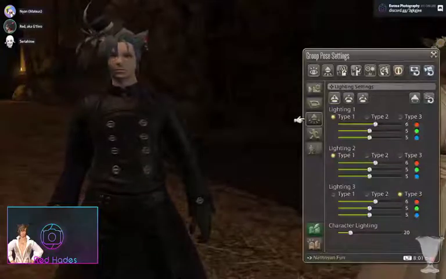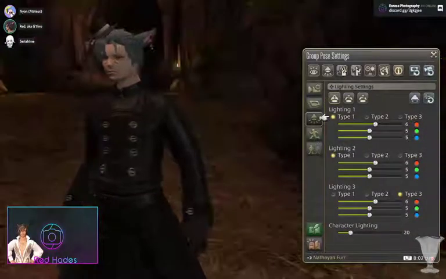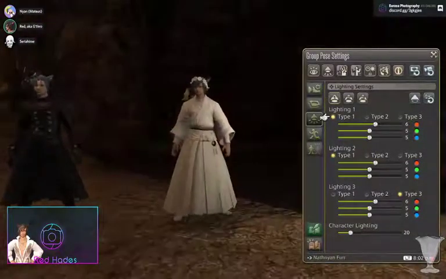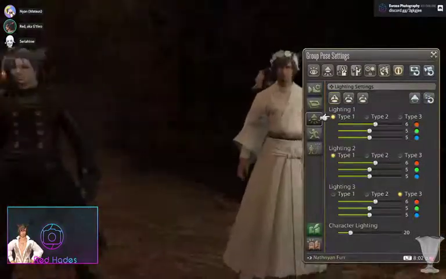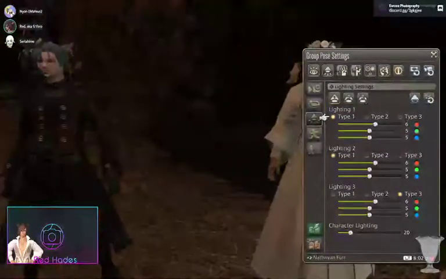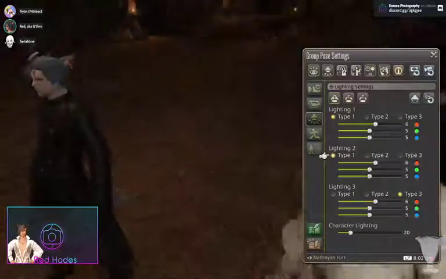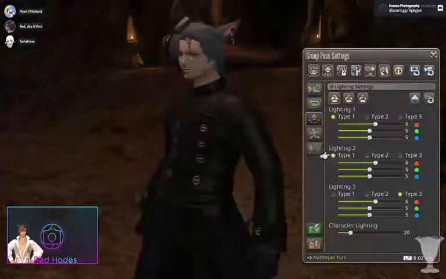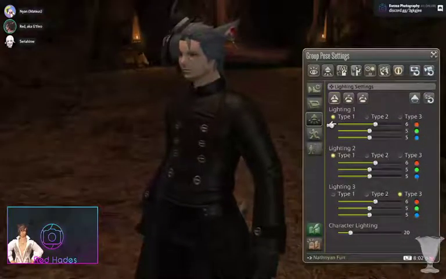And since the type 1 light doesn't have a whole lot of reach, that's a good tool to light one character in specific, right? But if I go over here on your character and put another type 1 light,